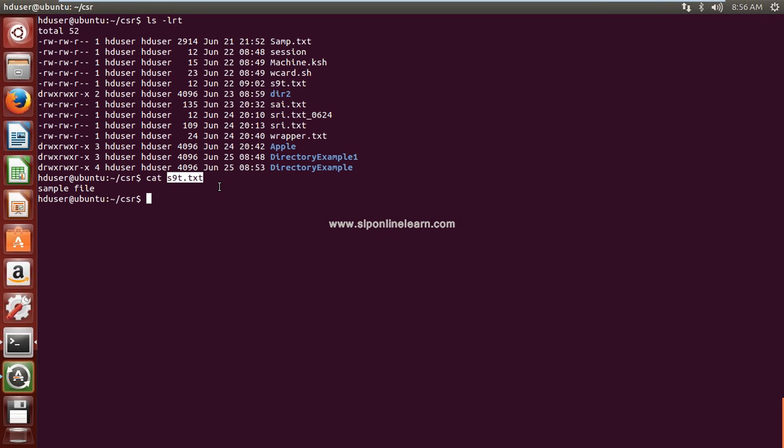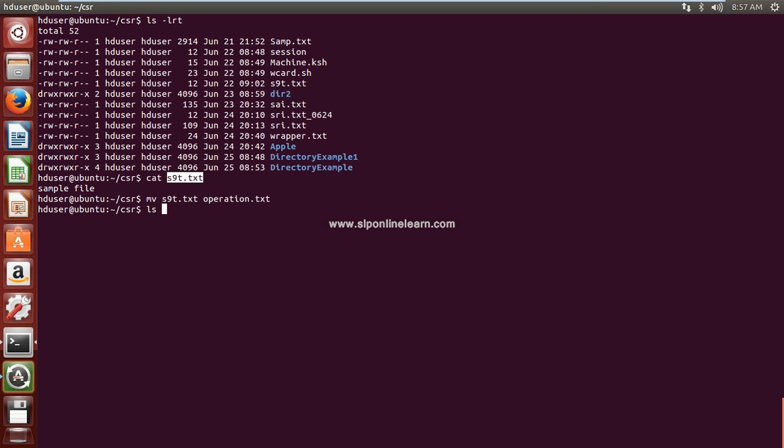How to change a file name or directory name? Next we will see how to change a directory name. First we will check with a file. Using the mv command you can change any file or directory name. mv, space, your file name or directory name, space, new file name or new directory name. In this case we are checking with a file, so my new file name is operation.txt. Now press enter. No error, we got the command prompt.